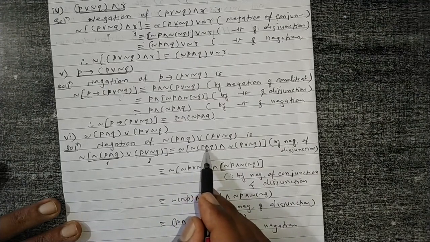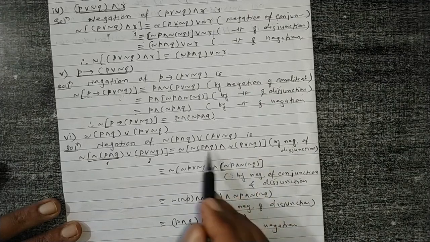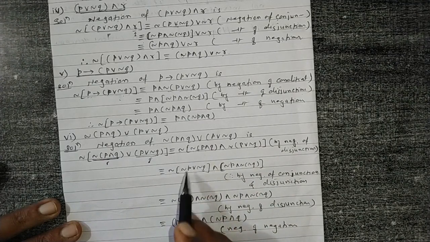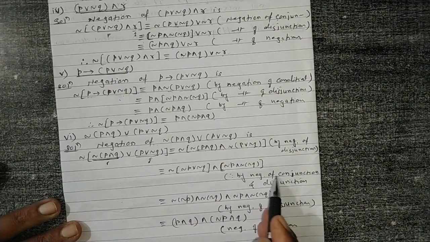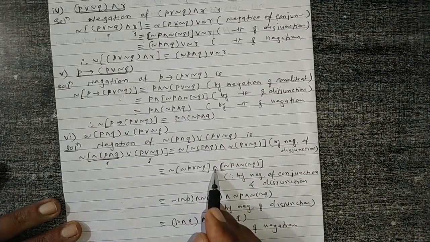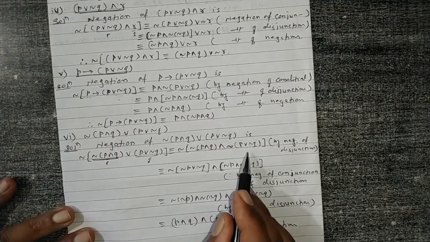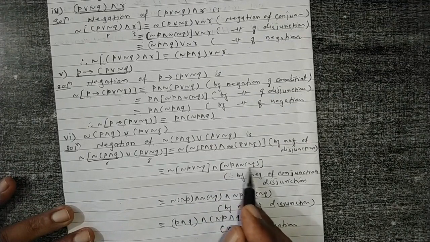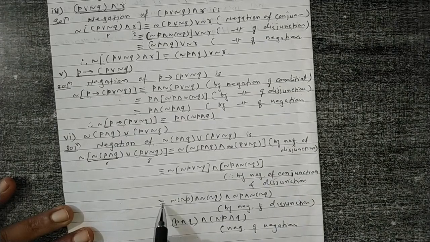again we can use here negation of conjunction, and here negation of disjunction. Therefore first we use the rule of negation of conjunction. We write negation P disjunction negation Q by negation of conjunction. Now this conjunction as it is, again we can use the rule of negation of disjunction, then we can write it as negation P conjunction negation of negation Q by negation of disjunction. That is equivalent to